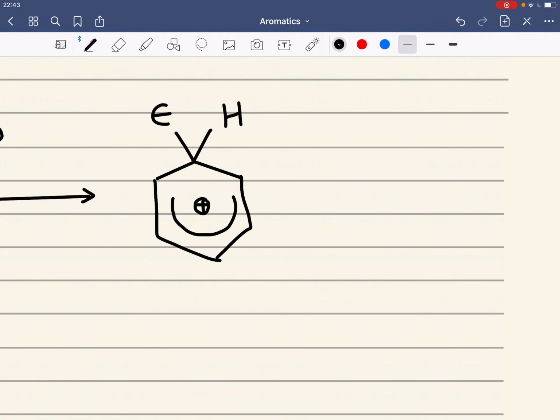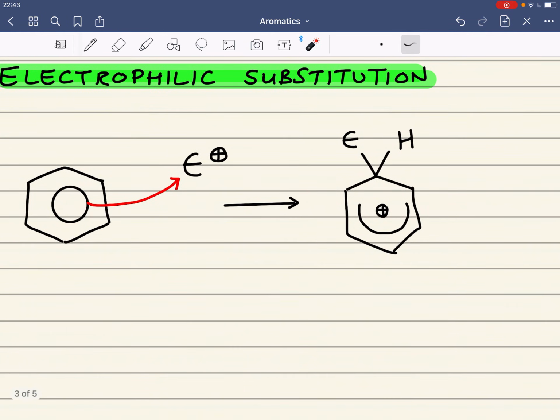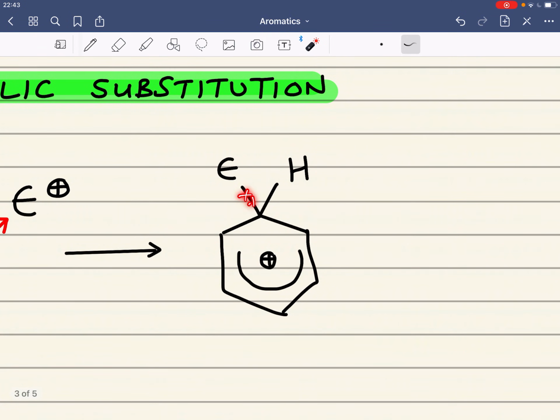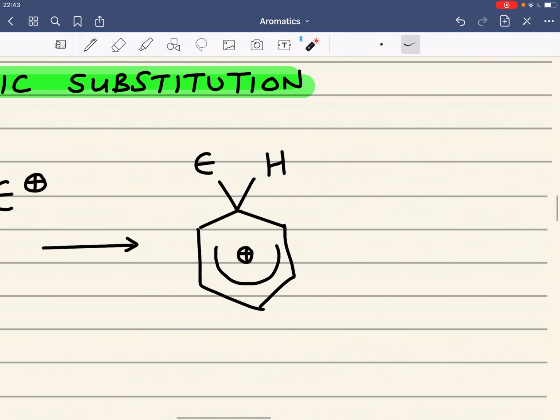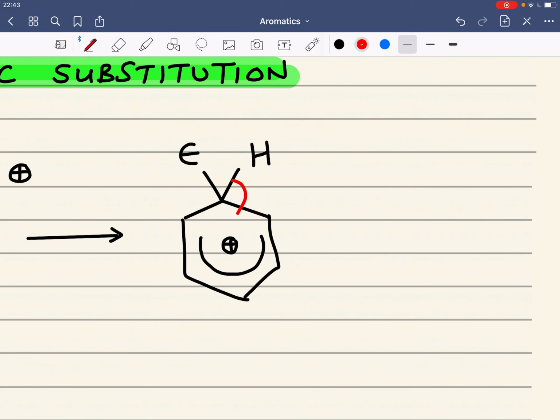Now, the 2 of these electrons that were in this ring are now bonded to this electrophile. But in order to retain the delocalisation stability, it wants to get 2 electrons back. And it gets 2 electrons back from the carbon-hydrogen bond. So the carbon-hydrogen bond breaks. The 2 electrons that were in this bond are then given back to the ring, and that kicks out a